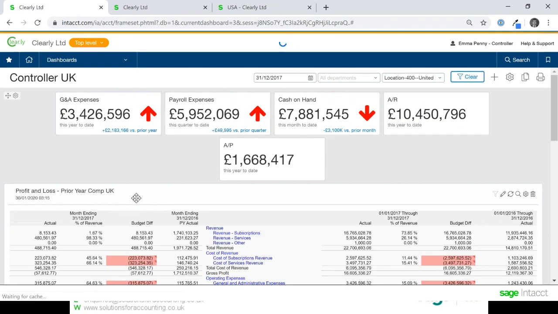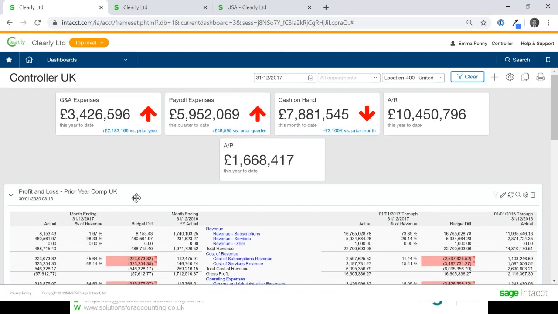Dashboards allow you to visualize any reports within the system in a very clean and very easy to understand manner. You can define different dashboards for different people and control different access to certain dashboards. So this dashboard that's been mocked up here is for a financial controller.